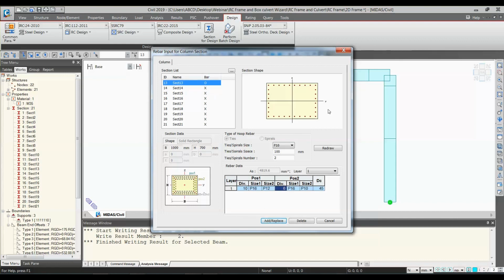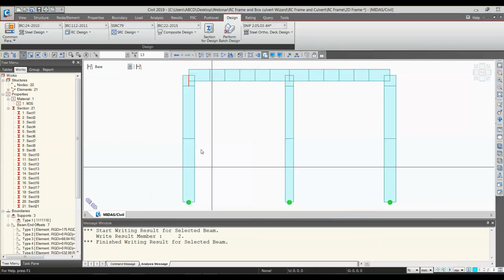Okay, so this is the reinforcement data that you have to give. Okay, divisions is the divisions of that, not the spacing. Okay, these are the divisions. These are the reinforcement bars, and DC is the cover distance. So you can see it over here, and you can just redraw it to visualize that reinforcement.